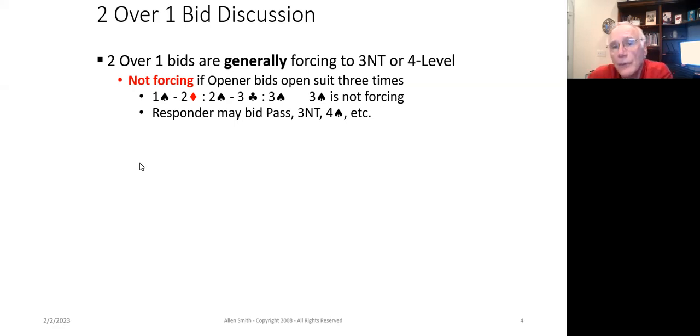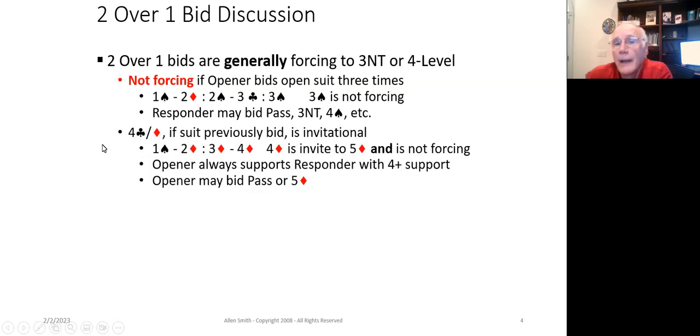This is the only time you've got the suit bid 3 times, 1, 2, 3, that it's not forcing to 3 no trump or the 4 level. Okay, the responder may pass, bid 3 no trump, bid 4 spades, or will do whatever else the responder wants to do based upon their hand. But this is the only time that you can pass below 3 no trump. Okay, now if you're